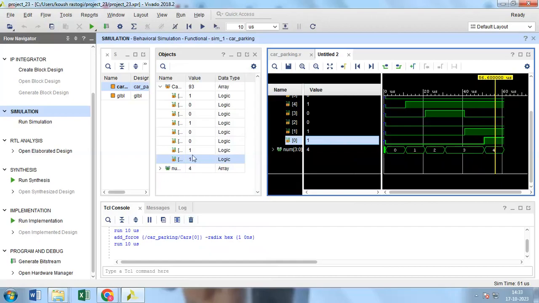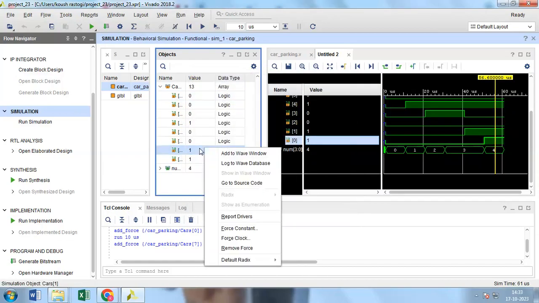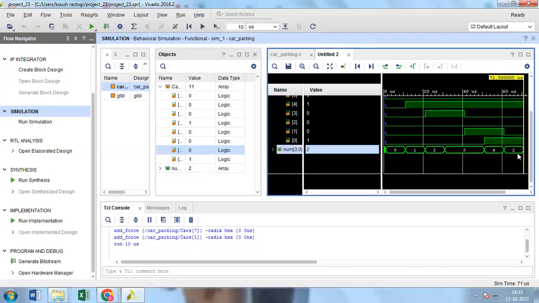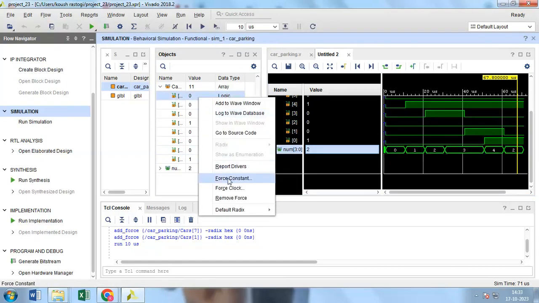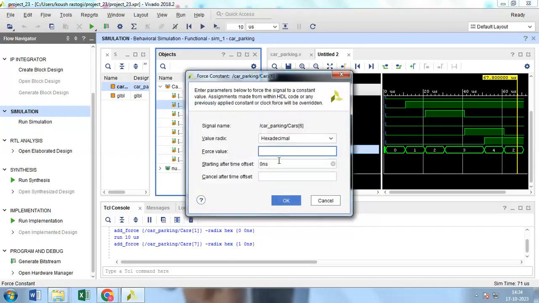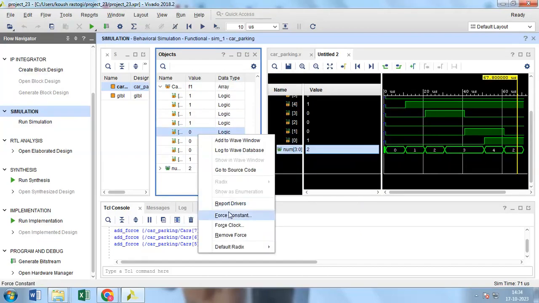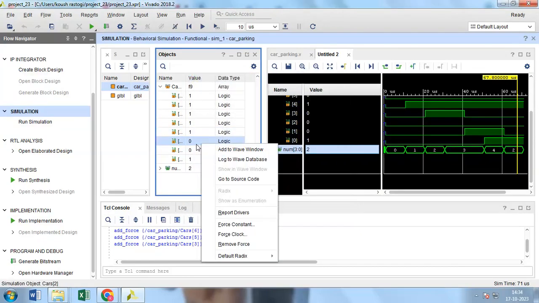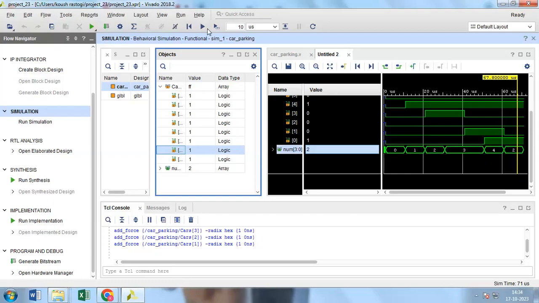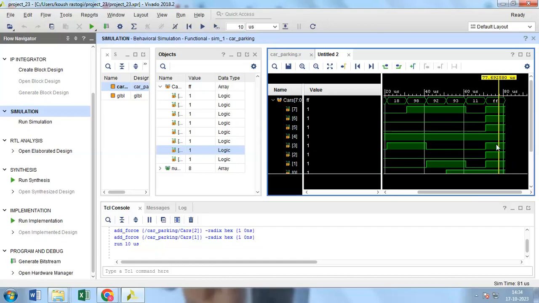So in this way, when you start to park cars, then it will change the number of parked cars also. So as you can see, when I have only 2 cars parked, then it will give the value of num as 2. Now let us change all the slots to 1, so it means all the slots are occupied. So when all the slots are occupied, then you can see the output will be 8, because 1 is in all the slots. So you can see the value of num is 8, and you can see the waveform also.